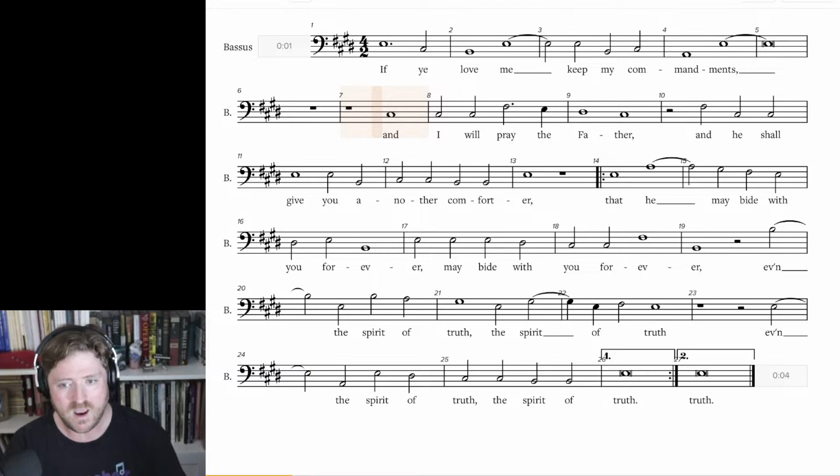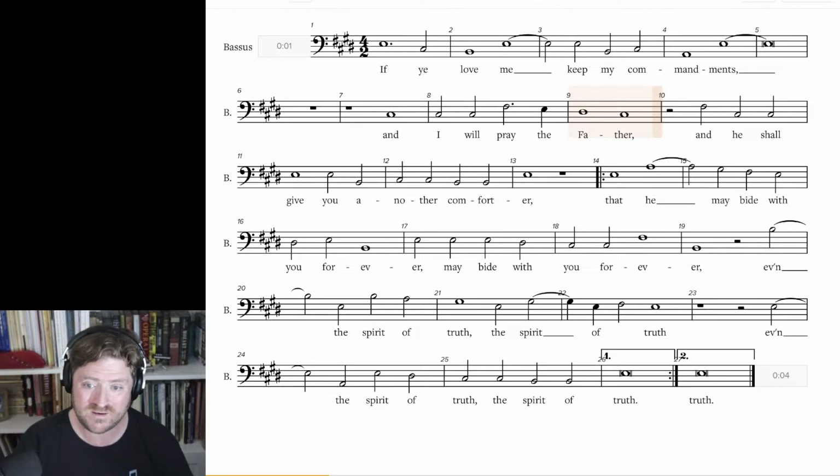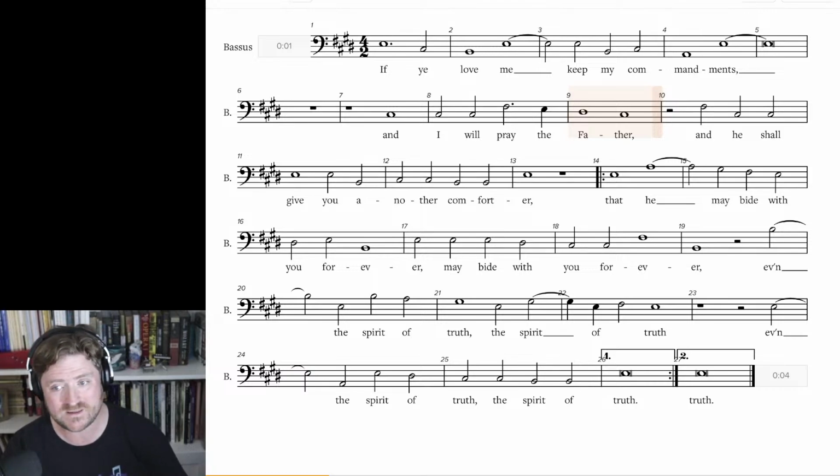Then we sing. And I will pray the Father. After 2, 1, 2. And I will pray the Father. Good. Then we sing. And he shall give you another comforter. And